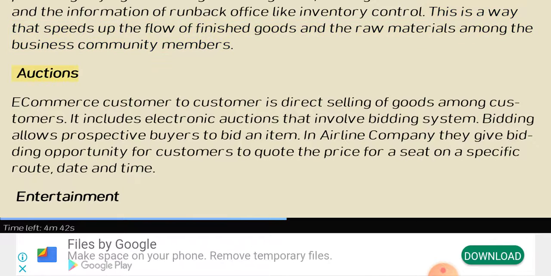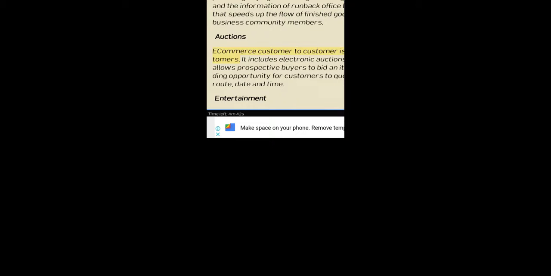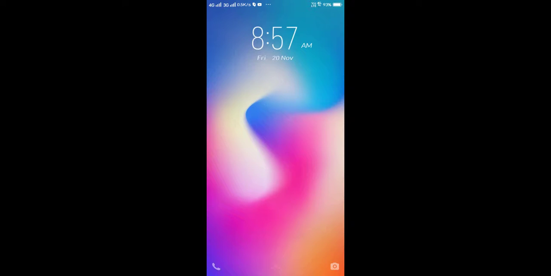Auctions. E-commerce customer to customer is direct selling of goods among customers. It includes electronic auctions that involve a bidding system. Bidding allows